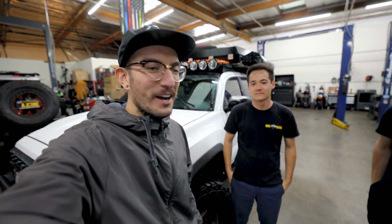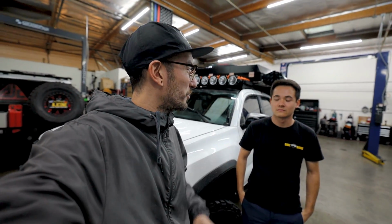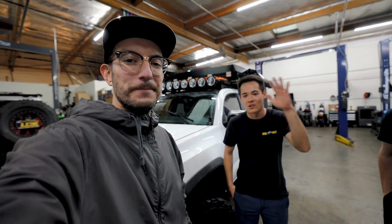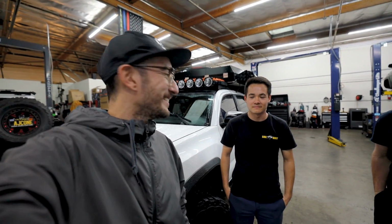All right, so we just got back from a drive and it makes a big difference, dude. Way better, yep. So not only the tune, I mean, that's really, now the throttle response is there, but now the gearing is there to match it. Yeah. It's not just like a hollow pedal, because you actually have RPM to get going. Now we got the power. I mean, I wouldn't say a lot of power, but...